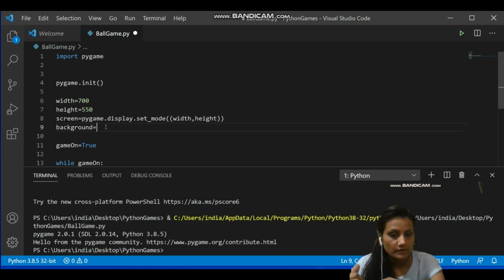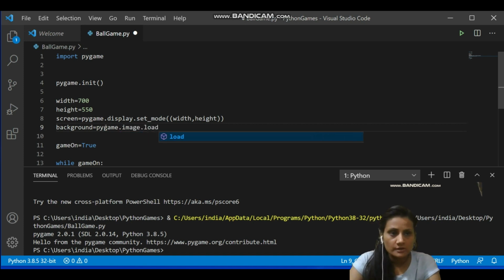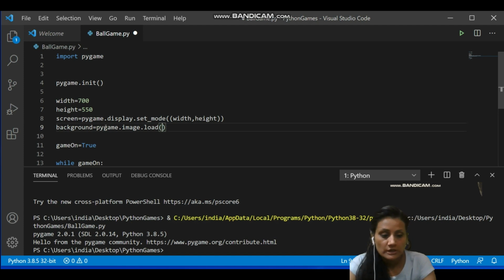Blitted means placed at the right position. So for background, I am writing pygame.image.load. Very simple. We are instructing Pygame to take the image and load it. Now which image, from where? We have to tell the location.